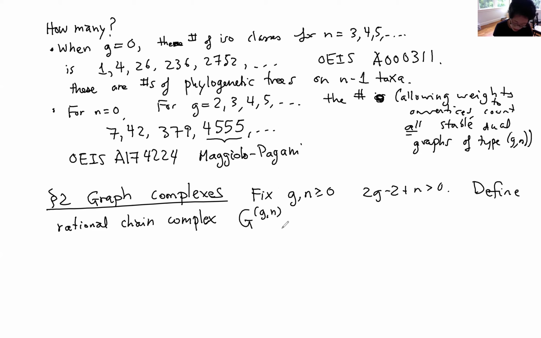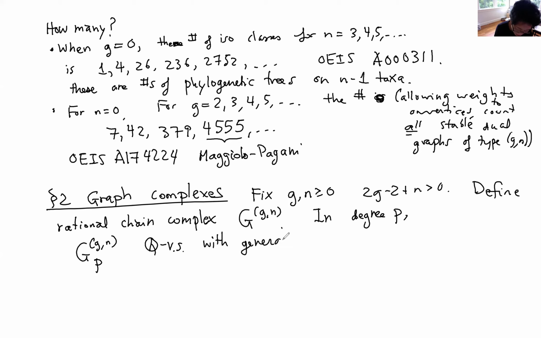And it's an n-marked version of Kontsevich's graph complex, G upper G. And I'll tell you what it is. So let me just tell you what it is in degree P. Namely, I need to tell you a vector space, G upper Gn sub P. So this is a Q vector space with generators